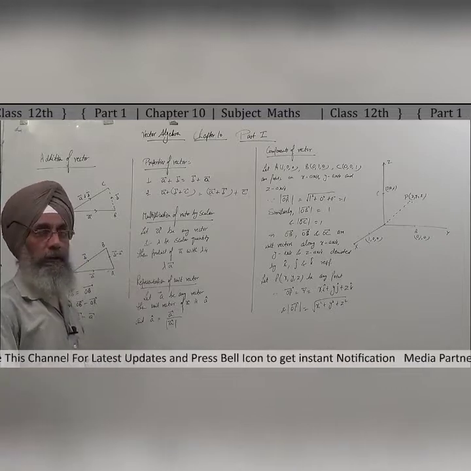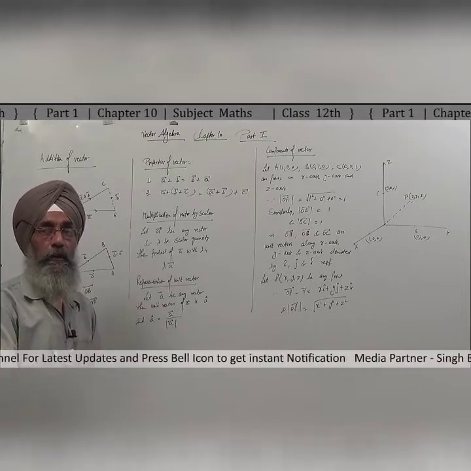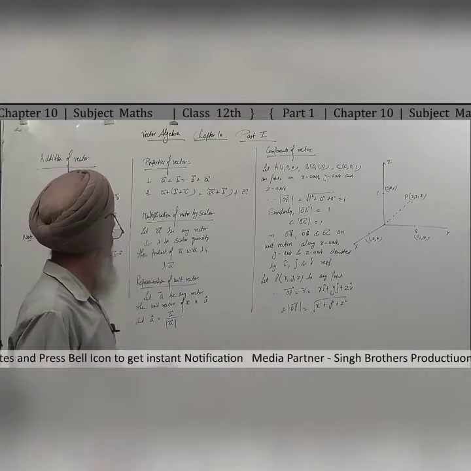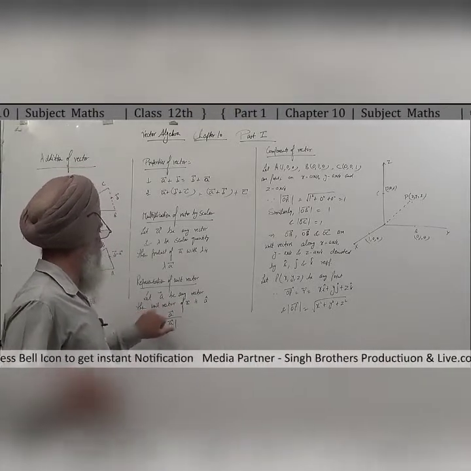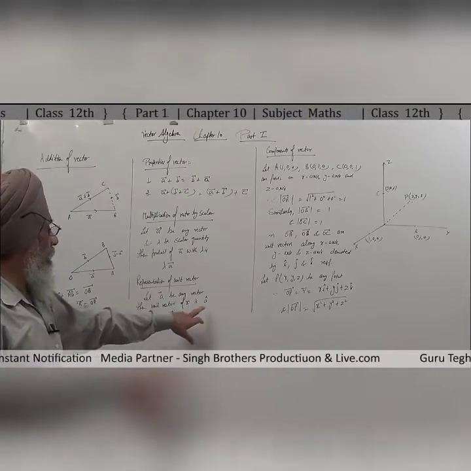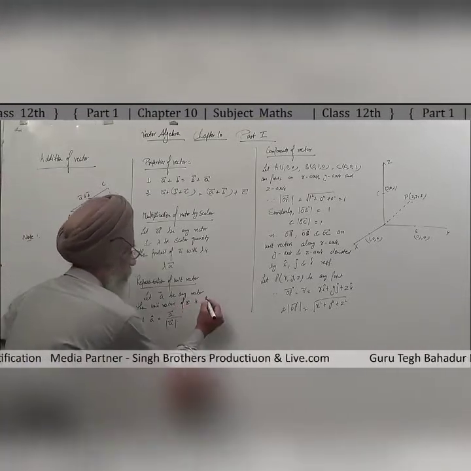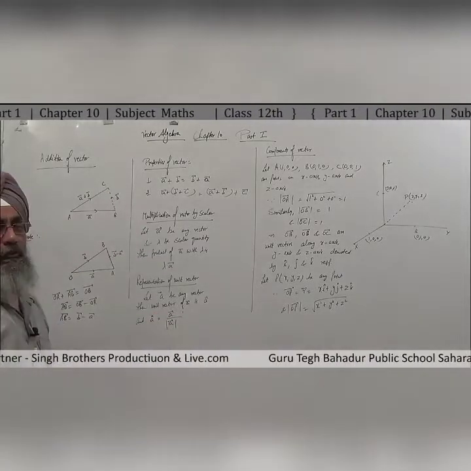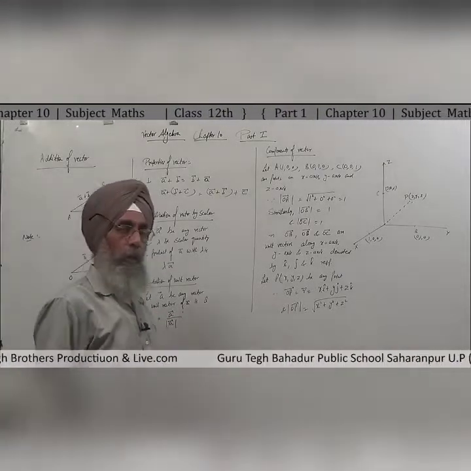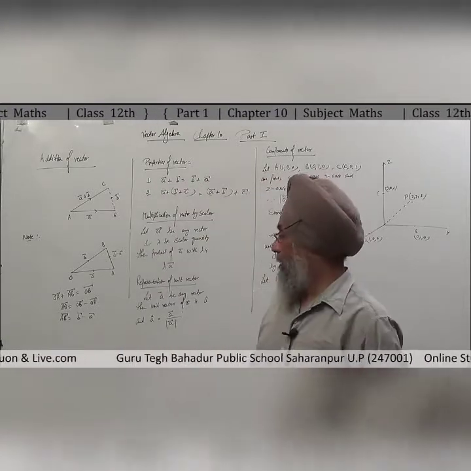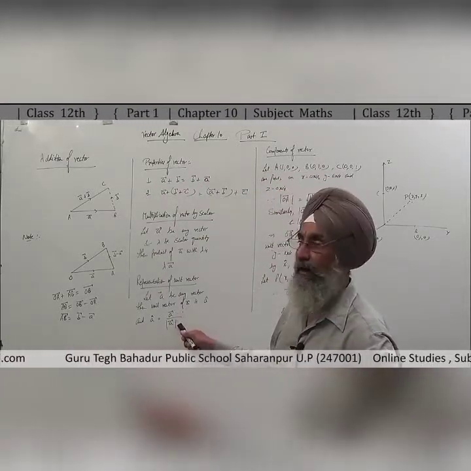Representation of the unit vector. Now what is a unit vector? I have told you that a unit vector is one whose magnitude is 1. Let A be any vector, then the unit vector of A along A is given by A, and this sign is known as cap, A cap. A cap is equal to the vector upon its magnitude. Any unit vector along the given vector is given by the vector upon its magnitude.